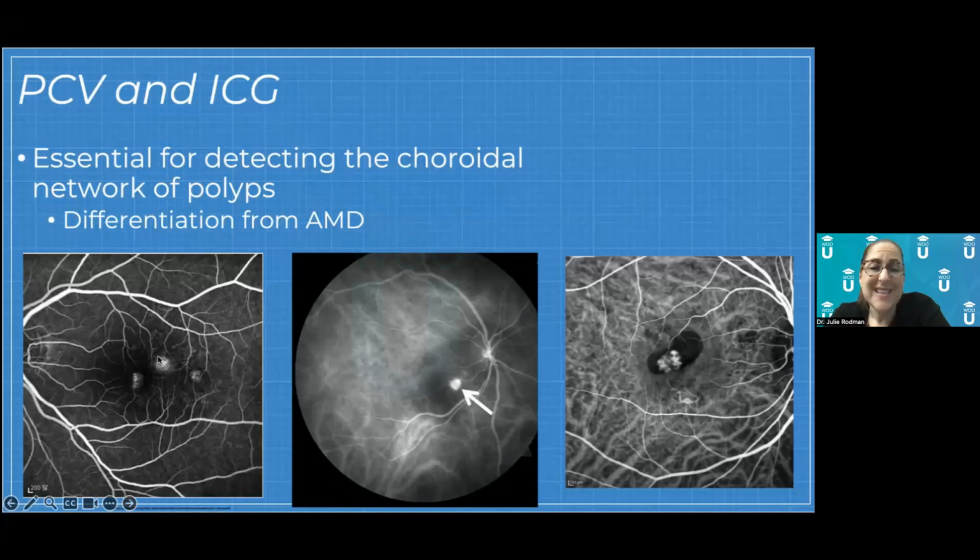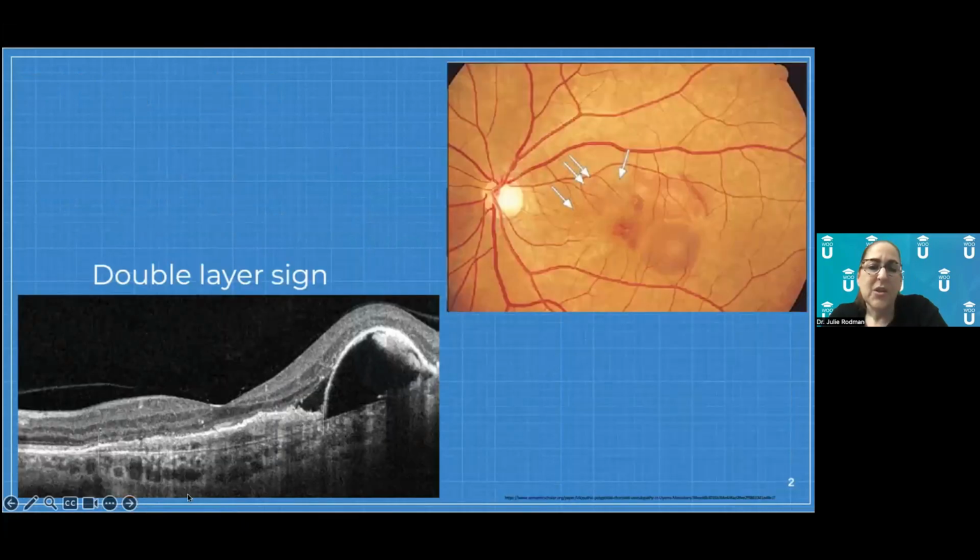And what you're going to see are these polyps. These are beautiful polyps here in each of these different images: FA, ICG, and this is OCTA. So different images of these polyps. We also call the choroidal neovascular membrane a double layer sign, really just because it looks like the RPE is duplicated upon itself. This over here is the serosanguinous RPE detachment. Once again, the hazy area is the blood, the black is the serous fluid, and here is your collapsed area that has turned into a choroidal neovascular membrane.